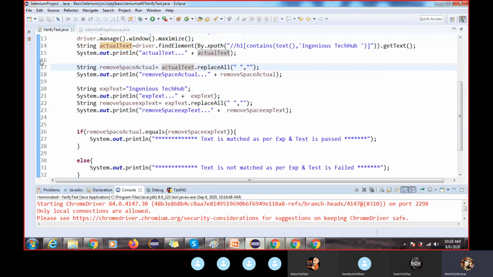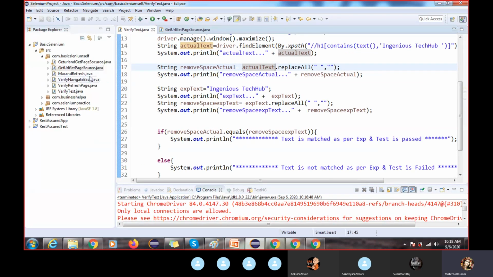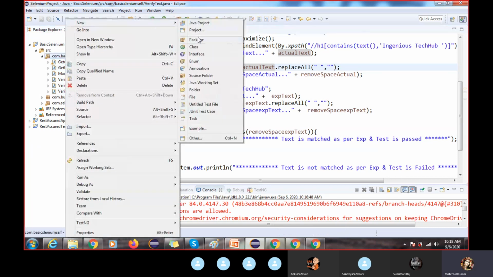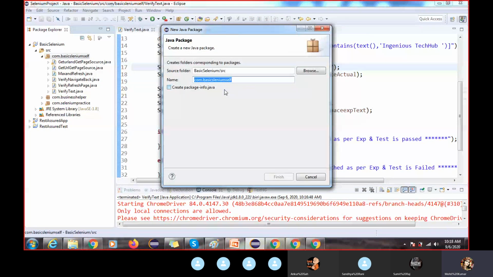Okay, so I'll do one thing. We are writing the code and we are repeating the code. So I will create one more package, and this package name is business helper.